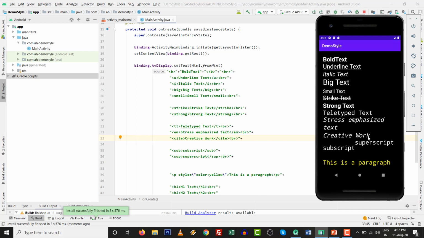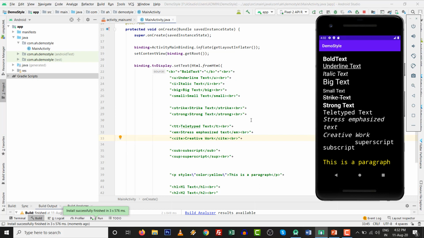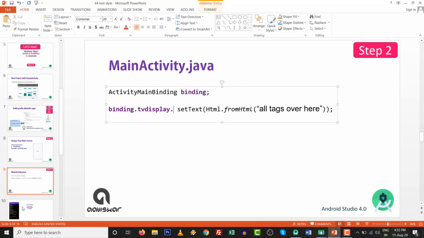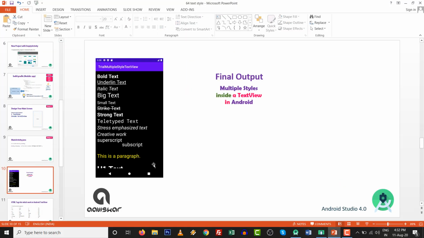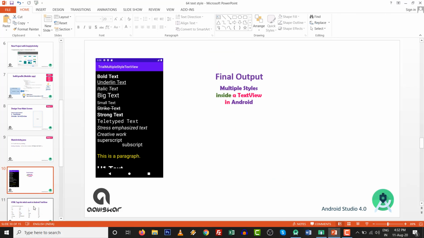So see these ones, subscript and superscript. This is the paragraph. So I think it's a good example that it works over here. So you can use multiple styles within one text view inside Android. Very helpful from my perspective. So as per the commitment, our superscript subscript output is ready.